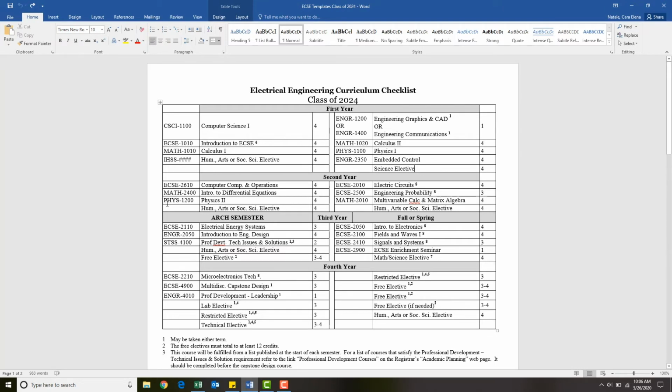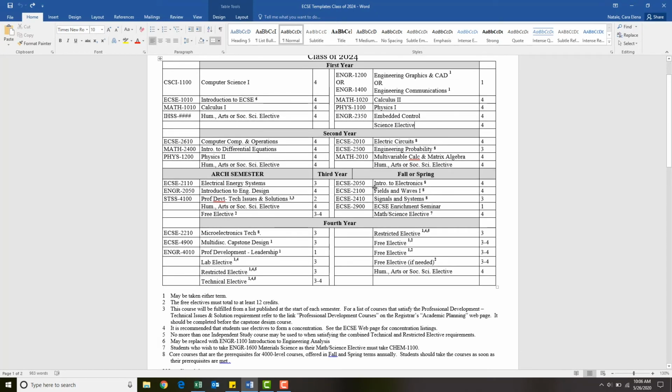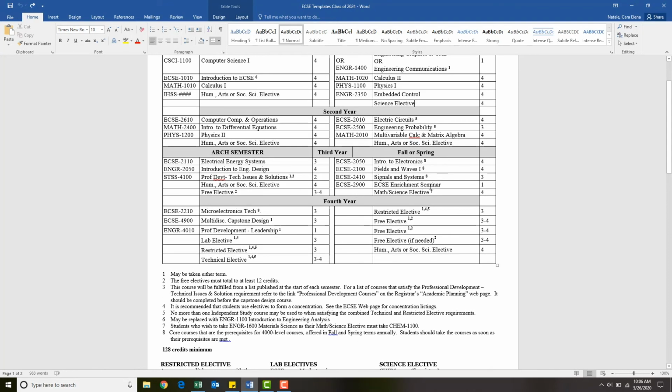Then again, some classes in this semester might come into play depending on what you have. So if you have Computer Science 1 credit, you could consider taking Computer Components. Again, this is probably not something I would do unless you have a lot of credits coming in. Differential equations could be on the table depending on your math situation, as could Physics 2. And other than that, the only other option that might come into play this fall is both your math and science elective or your free elective.